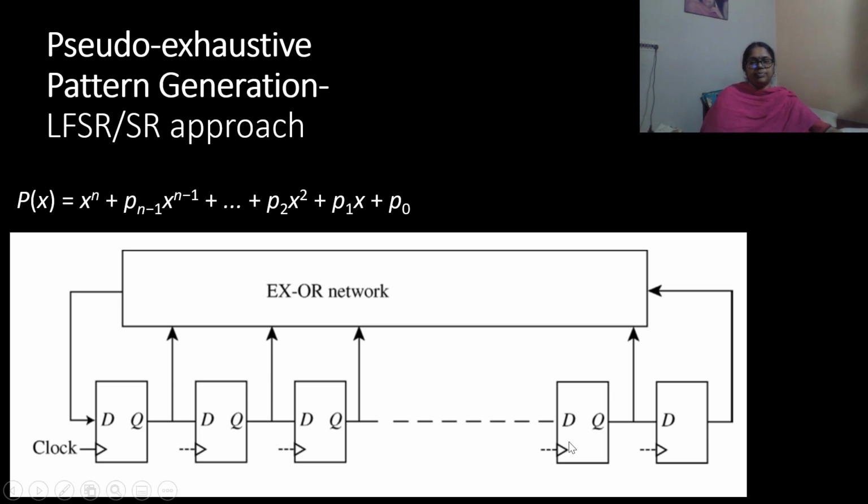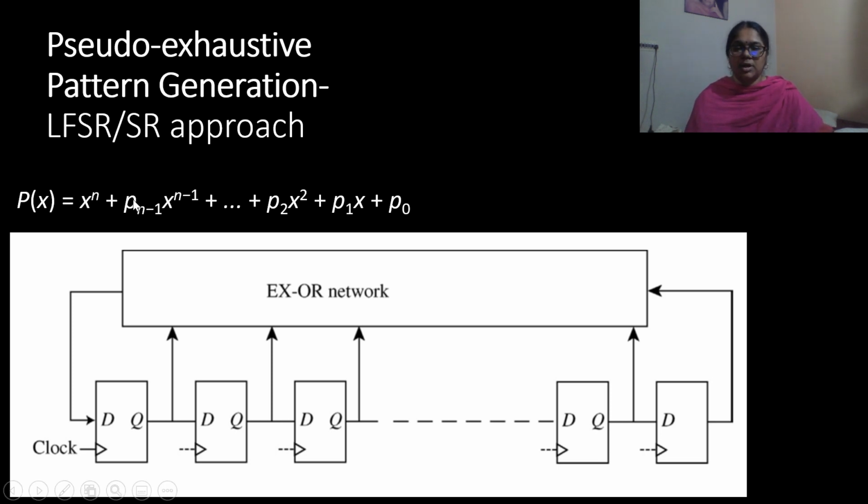So you can see they are fed back to the XOR network. An n-input LFSR can be represented by an irreducible primitive polynomial. If the polynomial is of degree n, then the LFSR will generate all possible 2 to the power of n minus 1 non-zero binary patterns in sequence. This sequence is termed the maximum length sequence of the LFSR.